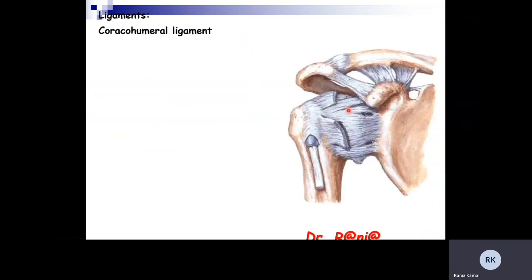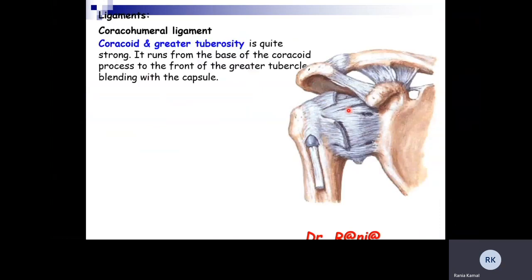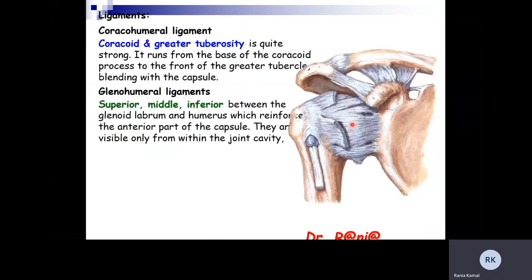Regarding the ligaments, there is the coracohumeral ligament, attached between the coracoid process and the greater tuberosity. It is a strong ligament. It starts from the base of the coracoid process to the front of the greater tubercle of the humerus. It will blend with the capsule. There are glenohumeral ligaments, and they are three: superior, middle and inferior. They are better seen from the inner surface of the joint capsule. They are attached between the glenoid labrum and the humerus,